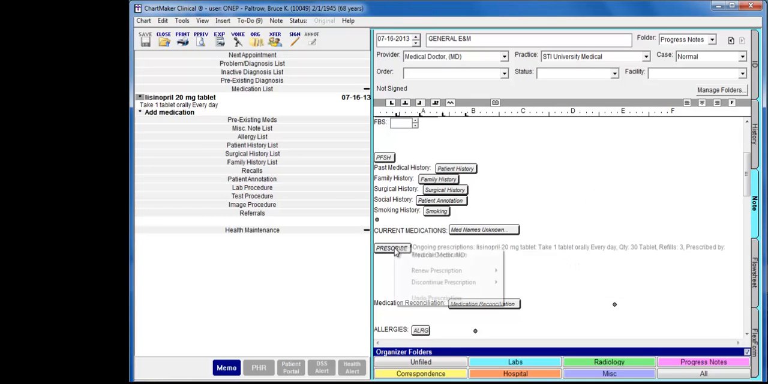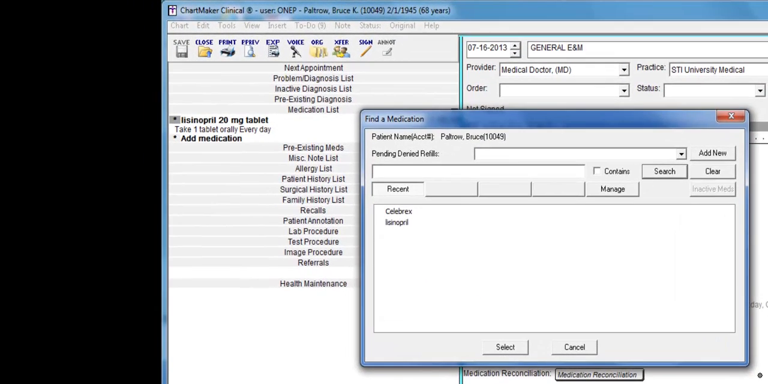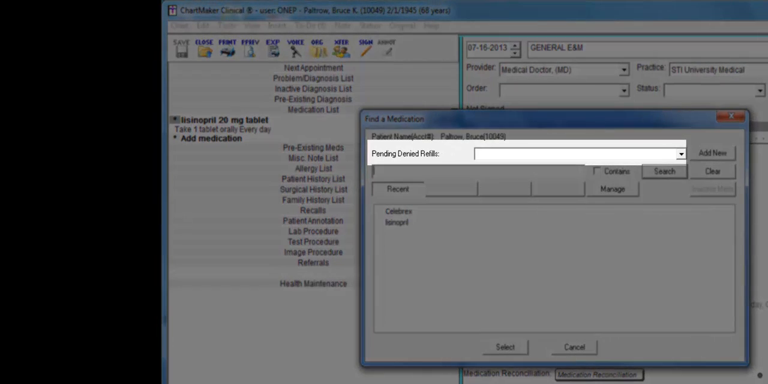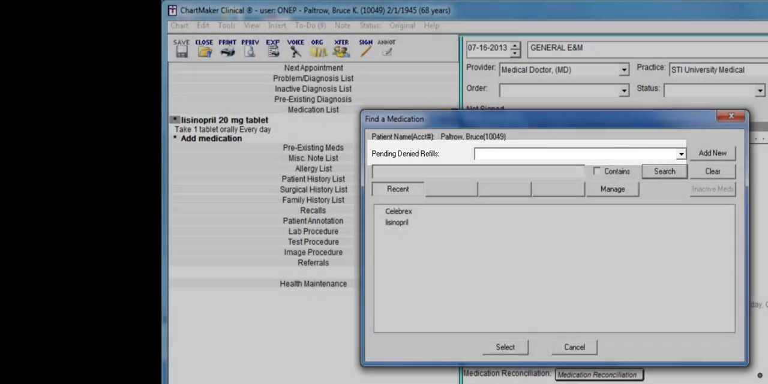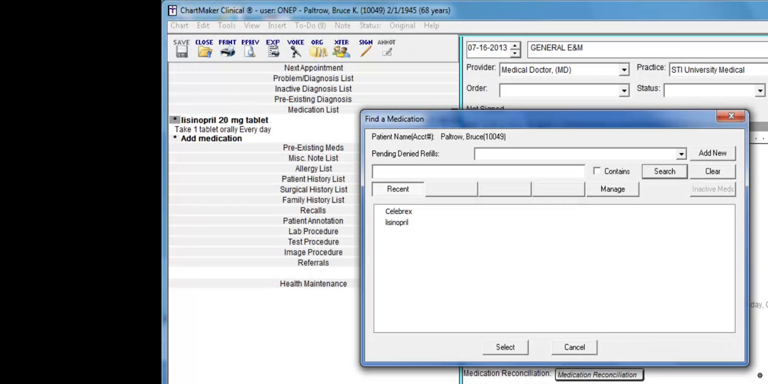I'm going to click on my Prescribe button and prescribe medication. The first thing you may notice is the new Pending Denied Refills dropdown on the search screen. This field is related to the e-refill functionality that the pharmacy has in place. Remember that whenever a script's refill quantity turns to 0, the pharmacy automatically sends an e-refill request for that medication to your to-do list. This is the equivalent of your office receiving refill requests on the fax machine from the